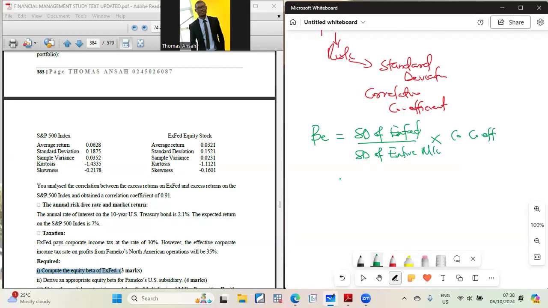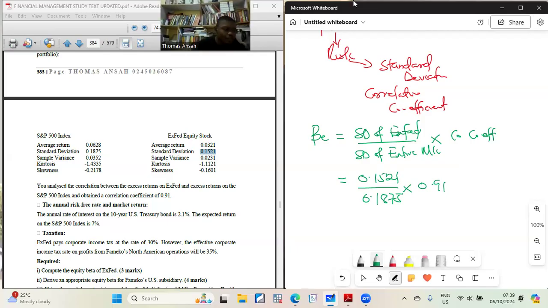All right, the risk. So in this case, the standard deviation is 0.1521 divided by 0.1875, with a correlation coefficient of 0.91. Simple. So 0.1521 divided by 0.1875 gives me 0.8112, multiplied by 0.91 gives me 0.7